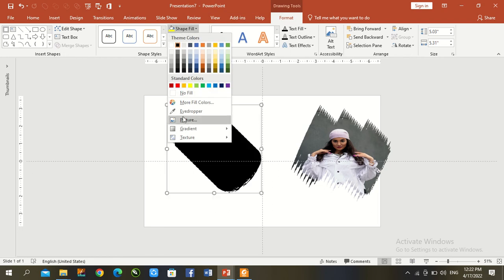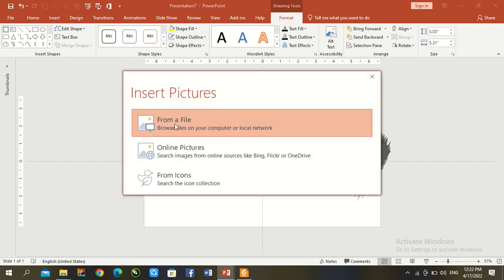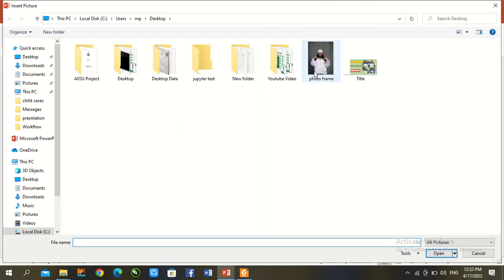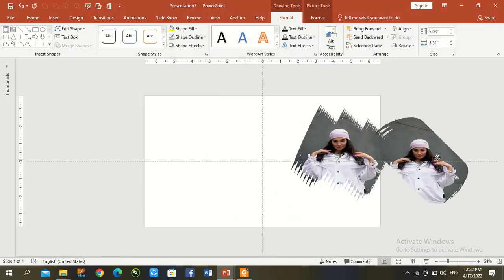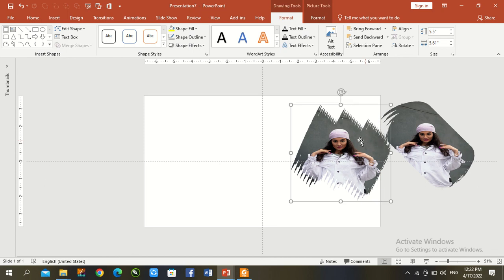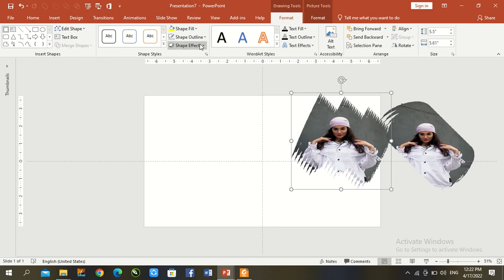Shape, image, insert image. Okay, second design is ready now. And the last design, go to shape, first of all frame,